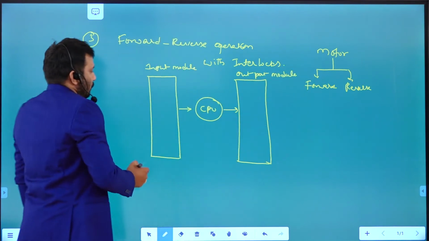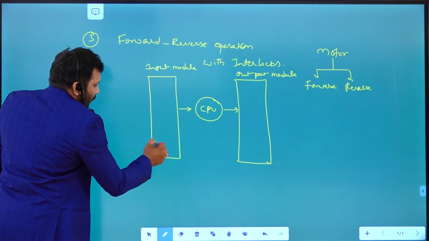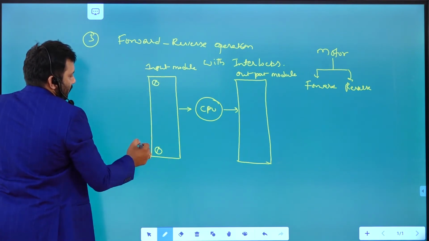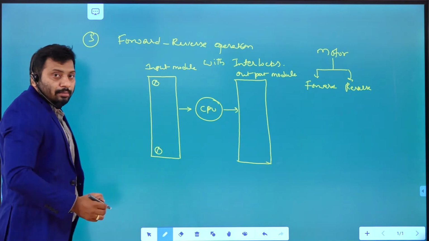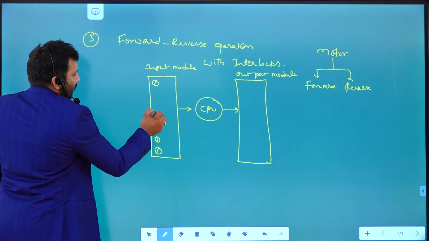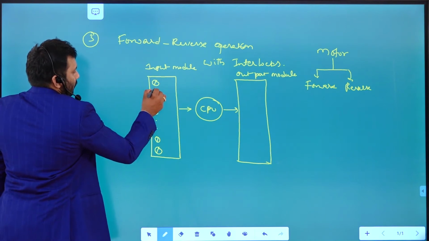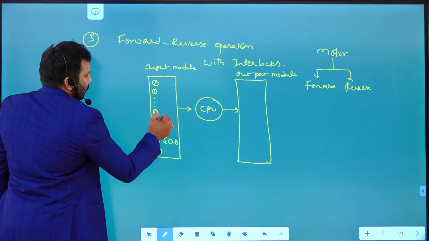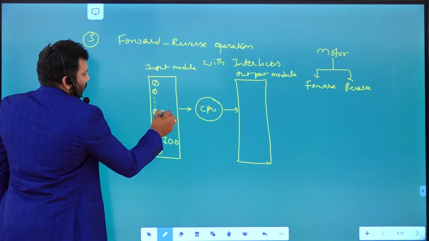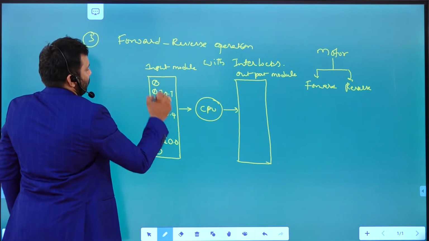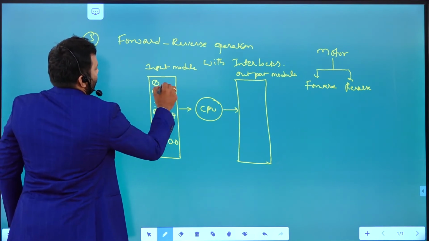For the 8 terminal output module we have a ground supply and a line voltage terminal. In between these two terminals we have 8 terminals. The first address is 0.0, this one may be 0.4, this one 0.7. So this is the line voltage.